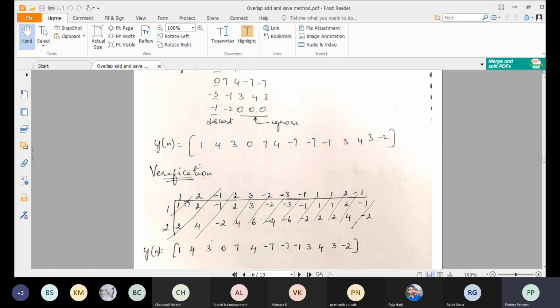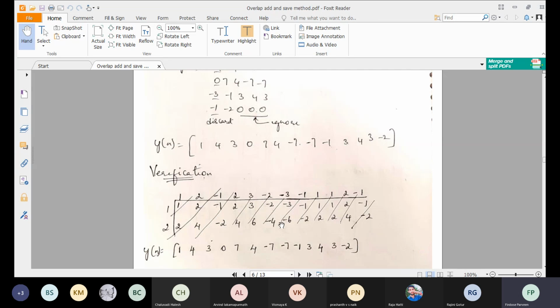Next, you will put a line like this. After putting it like this, I'll write this one down like this: 1. This 2 plus 2 is 4, I'll write it here. This 4 minus 1 is 3, I'll write it here. Minus 2 plus 2 is 0. 4 plus 3 is 7. 6 minus 2, again it is 4. Minus 4 minus 3 minus 7. In the same way, this will continue. You can verify this sequence with this sequence, it is one and the same.